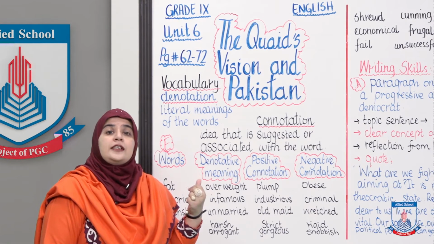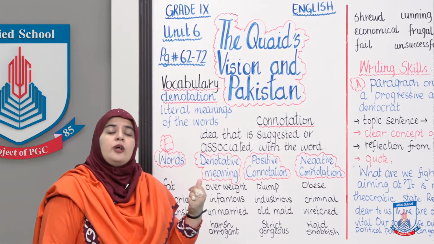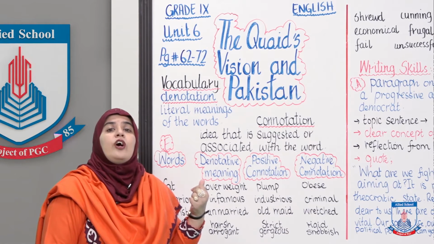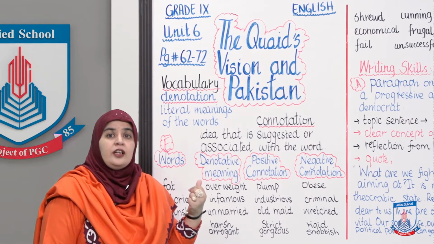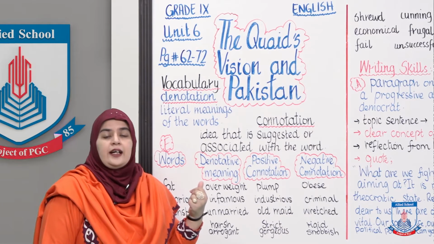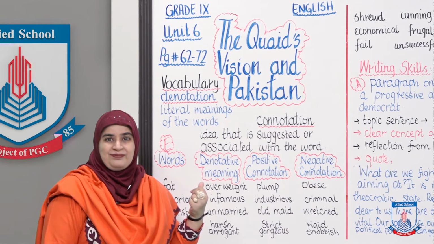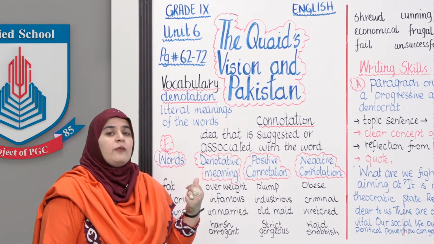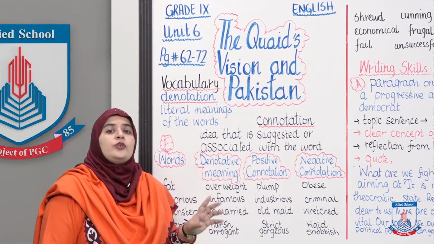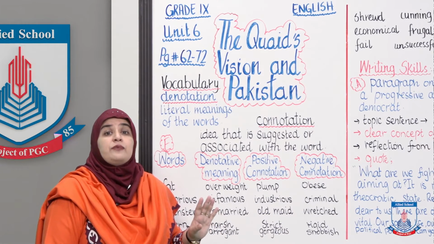This question I didn't do in the vocabulary because I wanted to give it personal attention, because this can come in your objective paper, and thus I have prepared it for you in such a manner that you can easily understand, comprehend and attempt it if you get this question in your objective paper. I hope the meaning of denotation and connotation is clear, because I am moving on to the question, that is question number E of your exercise vocabulary.